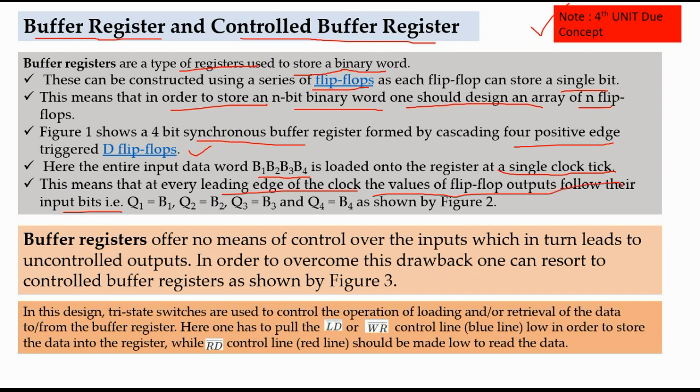Say for example you have 1, 1, 1, 1. At the first clock edge, B1 is sent to Q1. After clock edge 2, first B1 is sent to Q1. Once that reaches the output, Q1 goes to the input of flip-flop 2. Then B2 will appear at flip-flop 1. What does it mean? Let us come to the diagram.